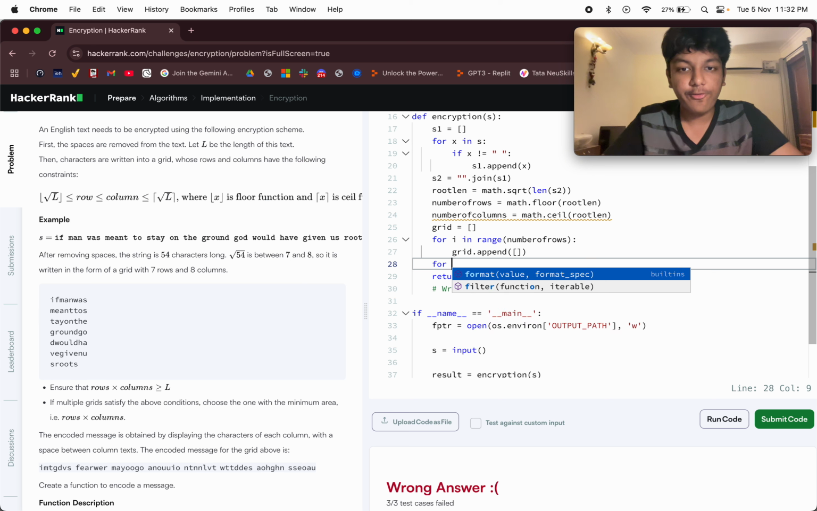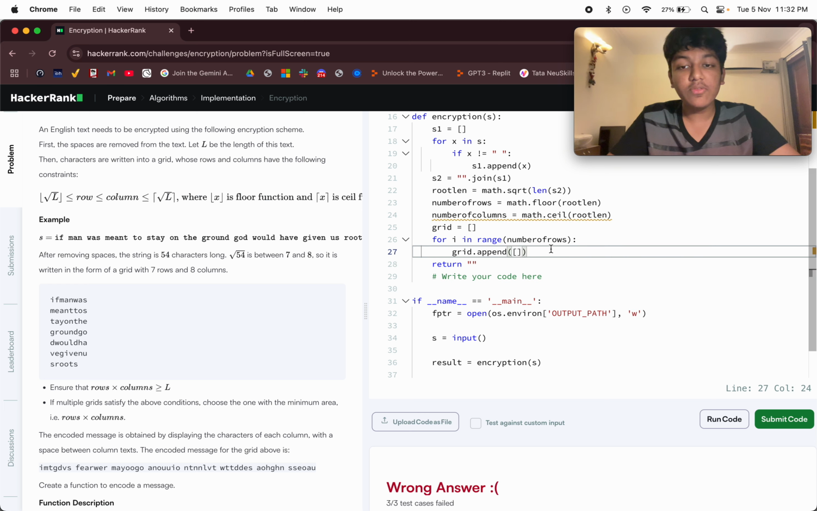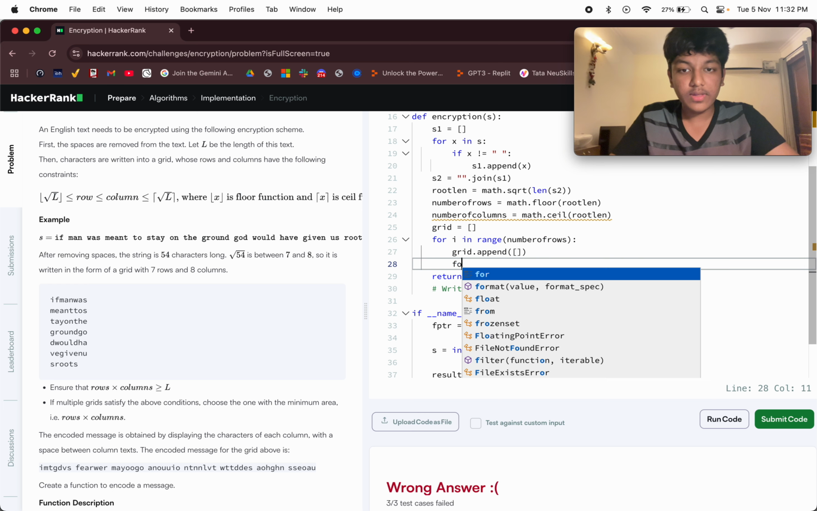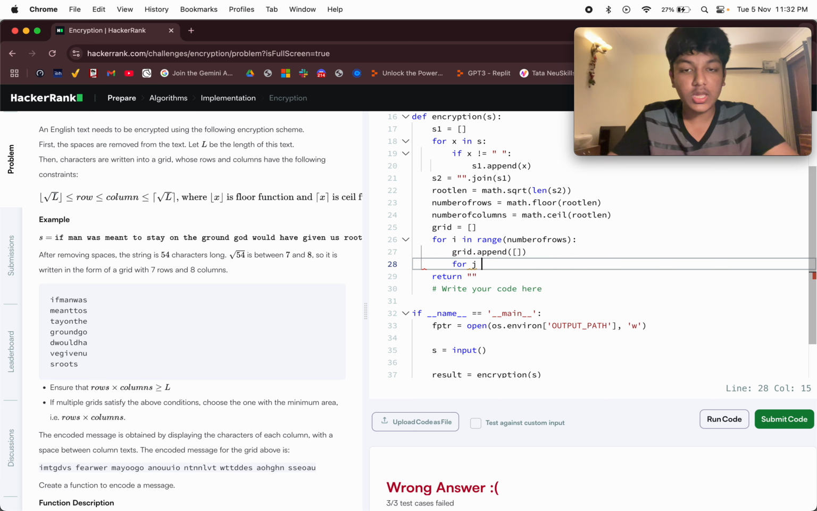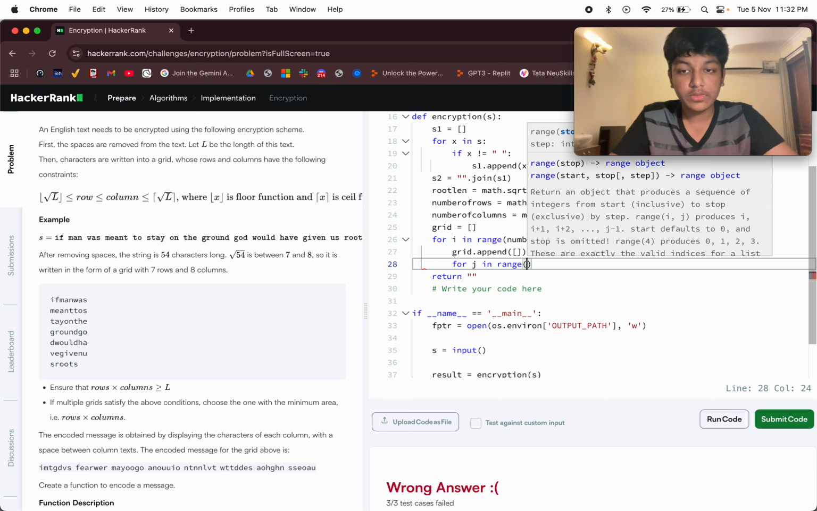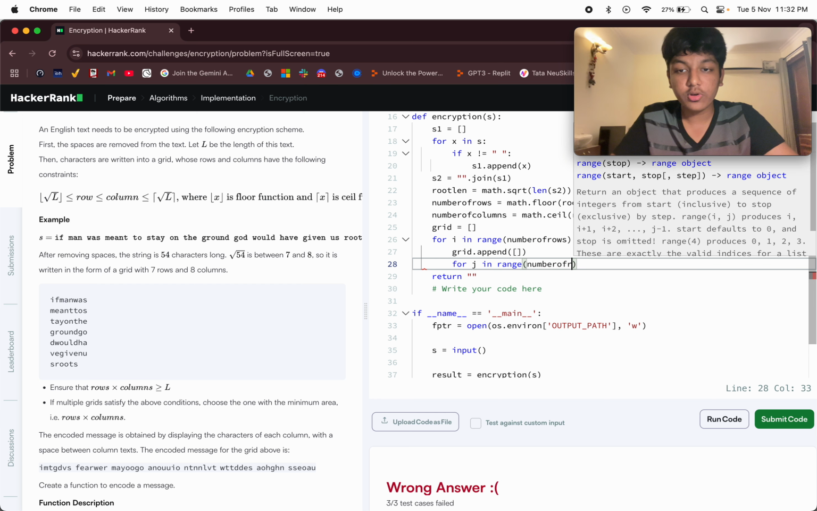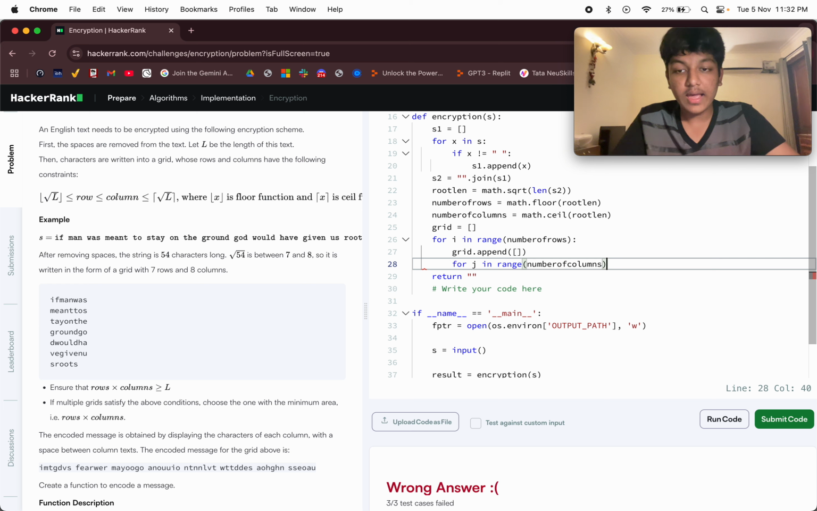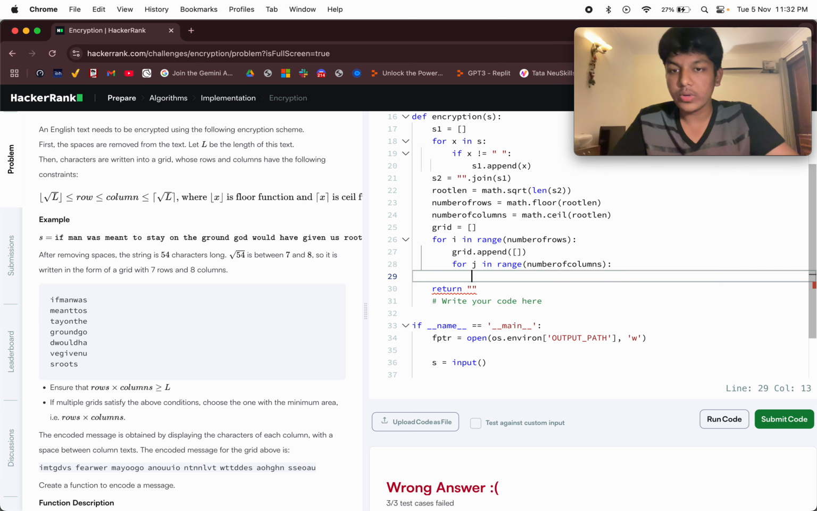Let's say for, okay, in this only, we can actually do that. Okay, so what we can do over here, we can say for j in range number of columns. I'll just explain why we are doing this, and we can say